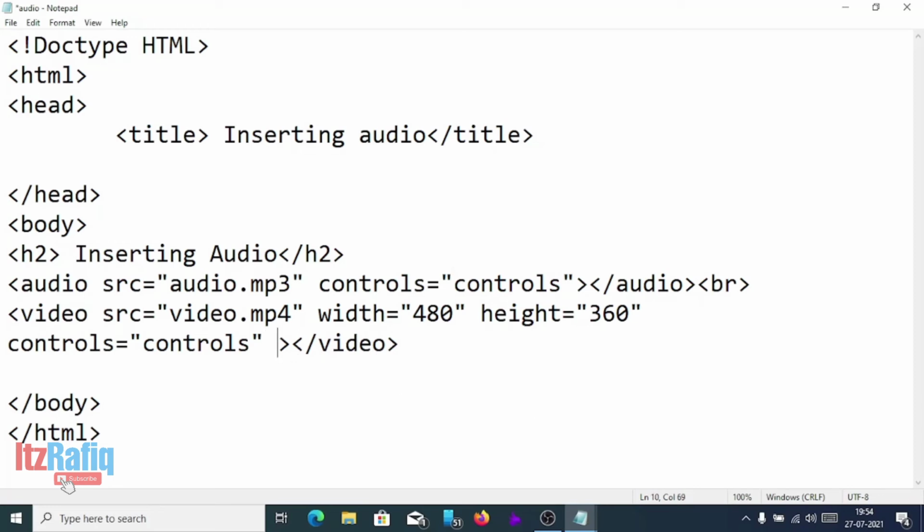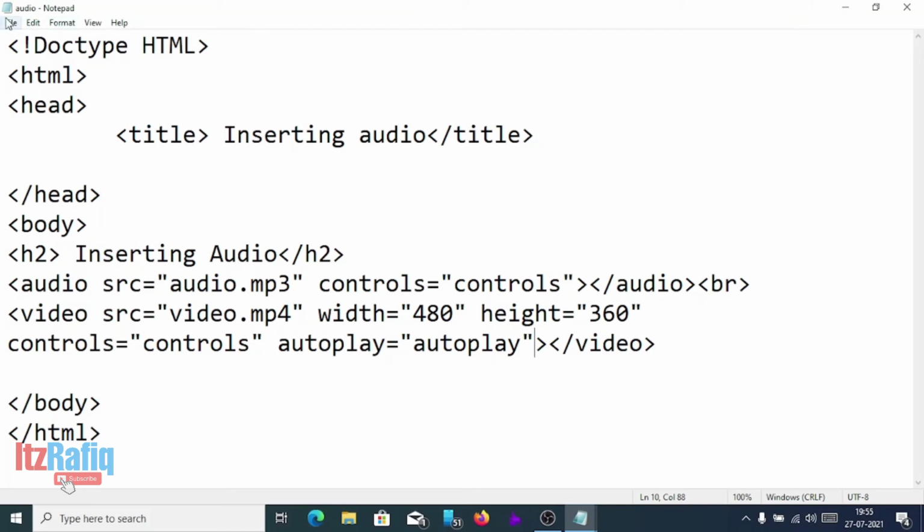We will write autoplay equal autoplay. Autoplay is used to play the audio or video automatically while the page is loaded. So I have written here audio src audio.mp3, video src video.mp4, and width, height, whatever. For audio I have not set autoplay, but for video I have written autoplay equal autoplay.